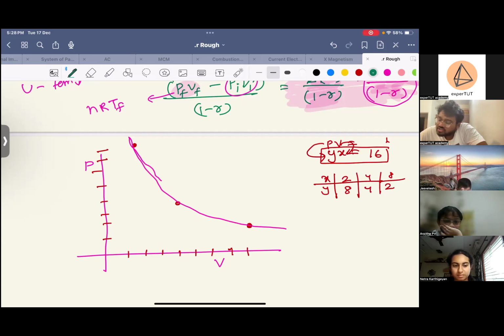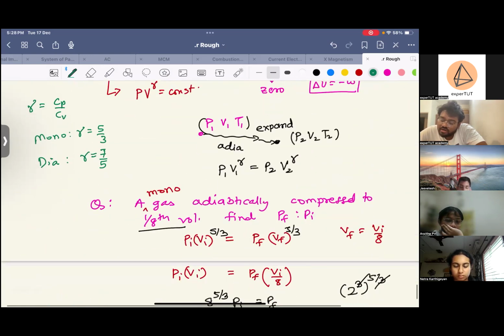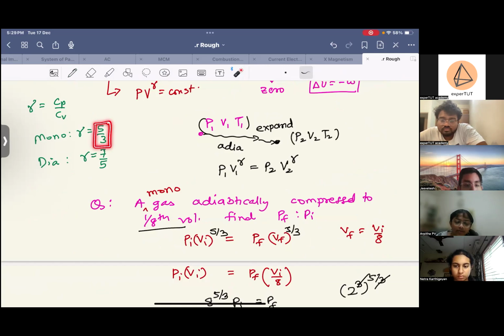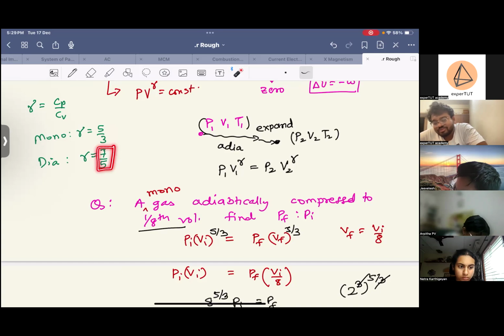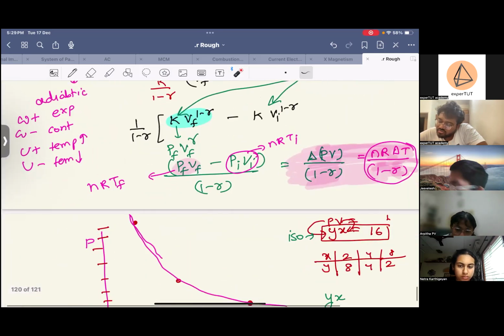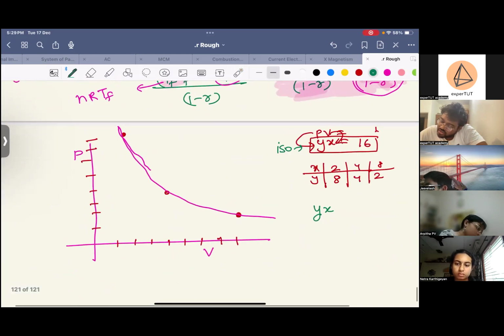Adiabatic process, how is it different? This is iso, right? Because PV is constant. Adiabatic process मतलब y, प्रेशर तो प्रेशर ही है, लेकिन वॉल्यूम पे एक पावर है. जो पावर कितनी है न्यूमेरिकली? गामा का वैल्यू कितना है फ्रैक्शन में? अप्रोक्सीमेटली चाहिए मुझे, एग्जैक्ट नहीं चाहिए. 1.66, 1.4. Okay, so the important thing here is the power